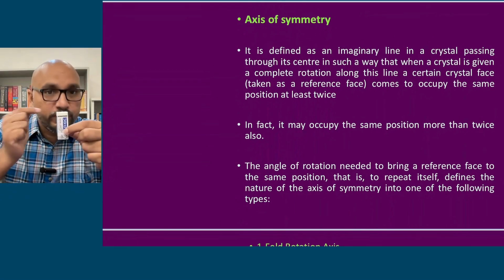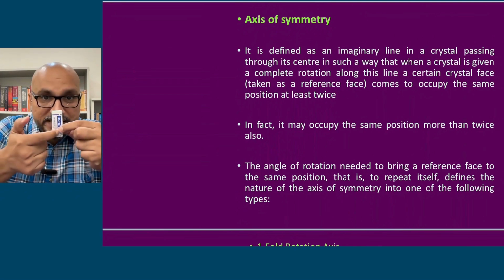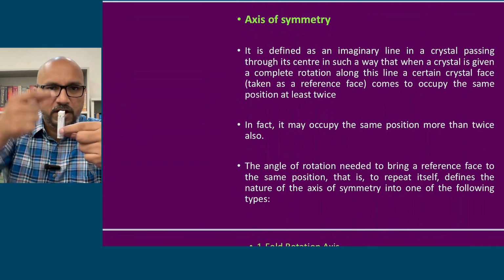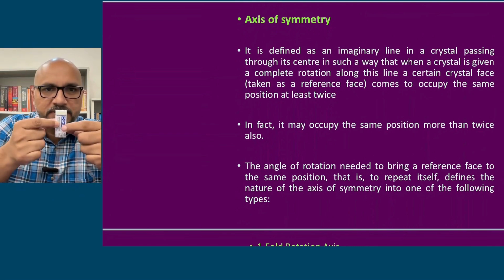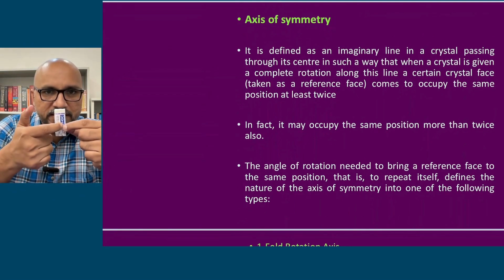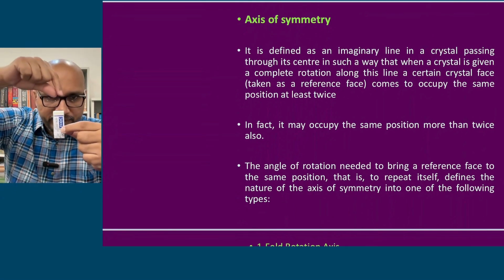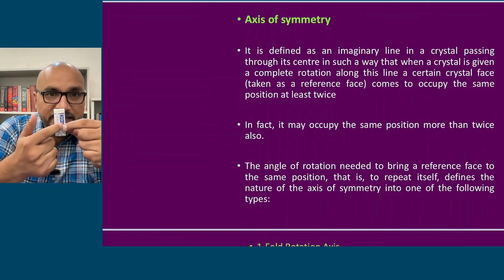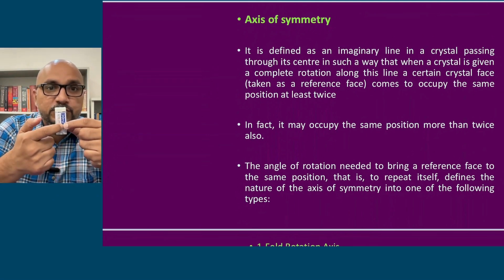Okay, so when you are rotating it, the same face, so suppose this is the front face, right? The exact same face is present on the back side, right? So when you're rotating it along that axis, the same face should appear. So when you're rotating it 360 degrees, the same face should